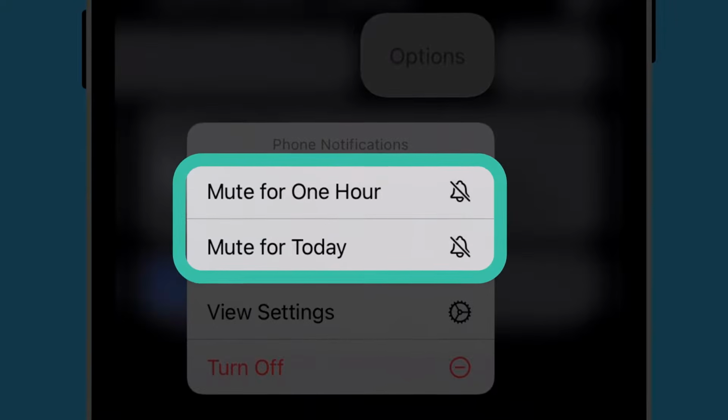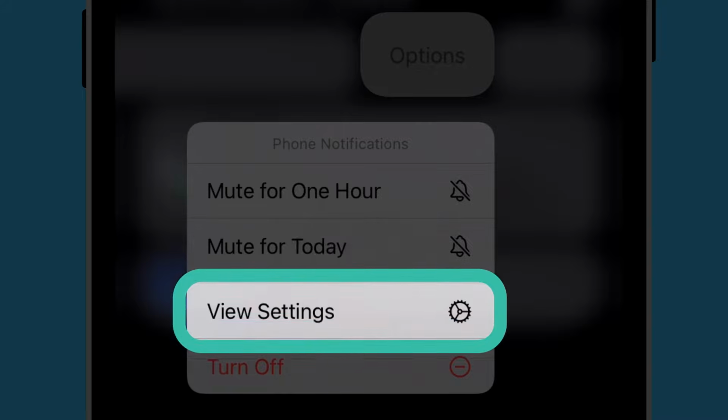Tapping on Mute will prevent notifications from that app appearing for either 1 hour or for today. Or you can tap View Settings to open another menu with more detailed options that help you change notification settings from that app.